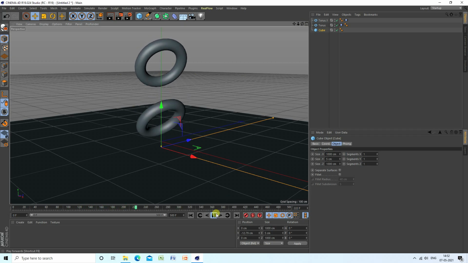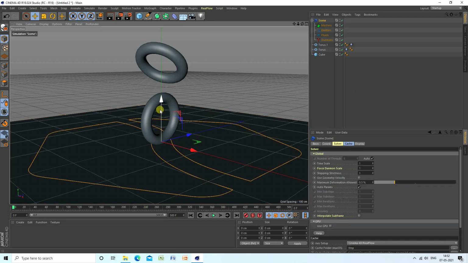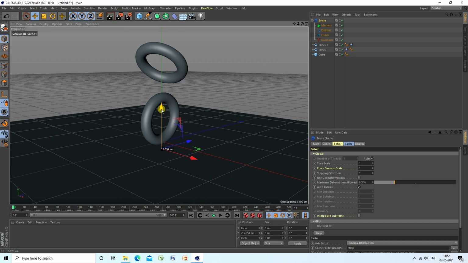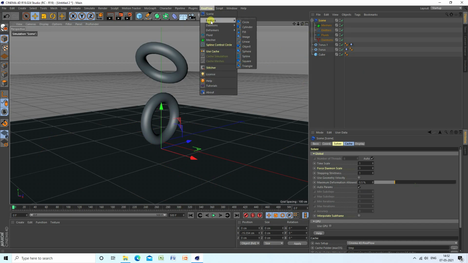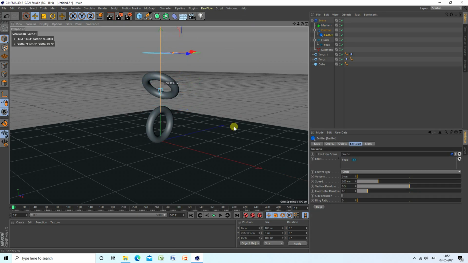Okay, so now guys, stop this animation and this time I use RealFlow and take a screen, a little bit down. Go to emitter and use circle and go up.